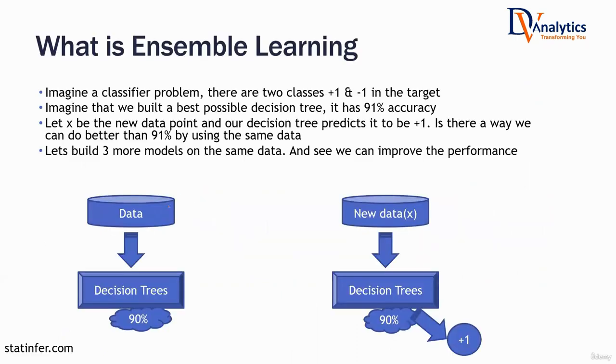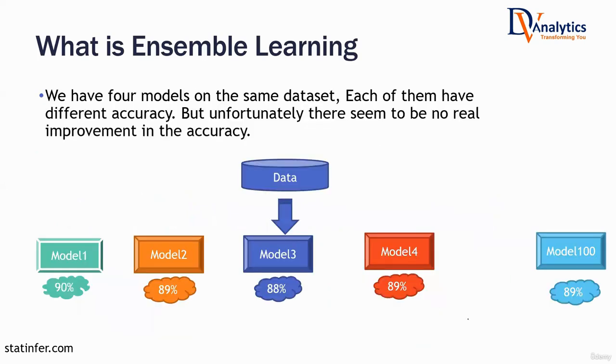What's the approach that we have followed until now? We have the data, we built a model, and when new data comes, we get the predicted value. But from here on, we are going to change the approach. We have the data, we build model 1, model 2, model 3, model 4, and so on, up to model 100, hundreds of models. Model 1 has this much accuracy, model 2 has this much accuracy, model 3 has this much accuracy, model 100 has this much accuracy.